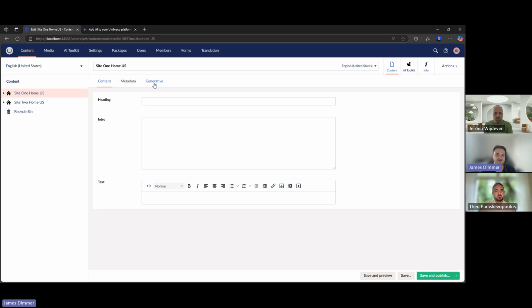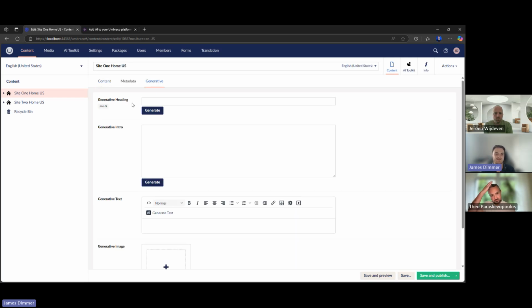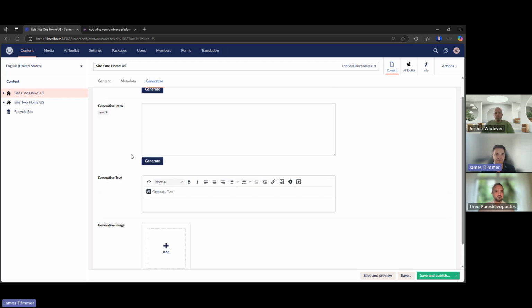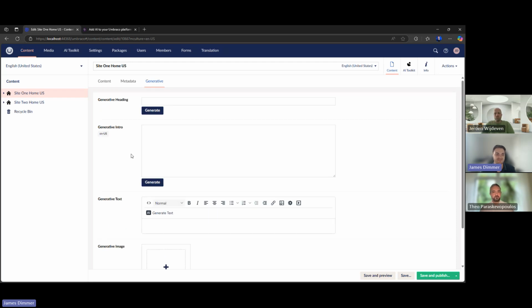Now, if I go to a generative tab, which I've set up for the sake of this demo, you're able to define which fields you have that are able to generate content, whether that's a text box, text area, custom plugin for the TinyMCE rich text editor, or a generative image. Now, for the sake of time, I will be skipping generating an image, as using the DALL-E model in version 3, it can take a bit of time. It can take between, we'll say 10 to 20 seconds. It depends on the length of your prompt. But let's go and generate a heading.